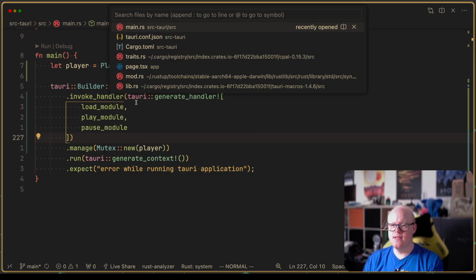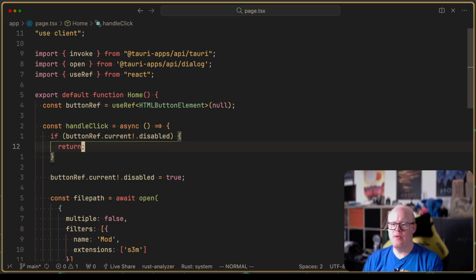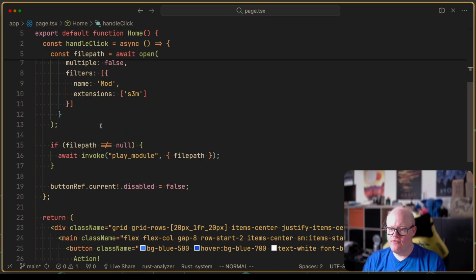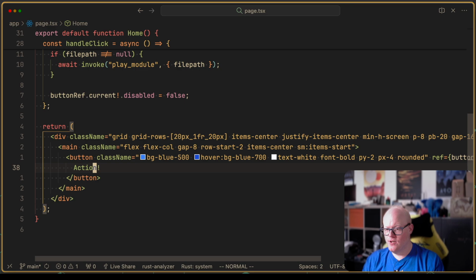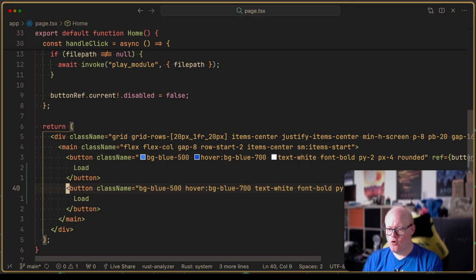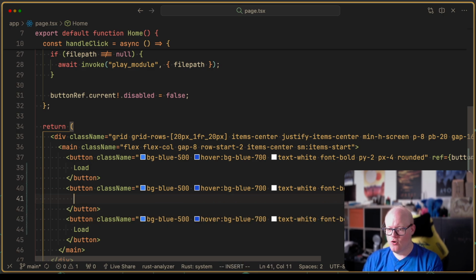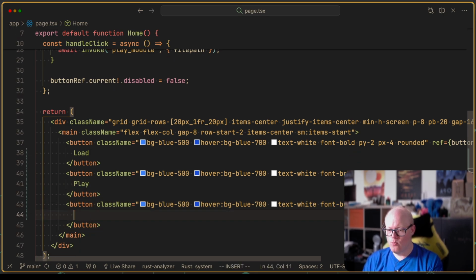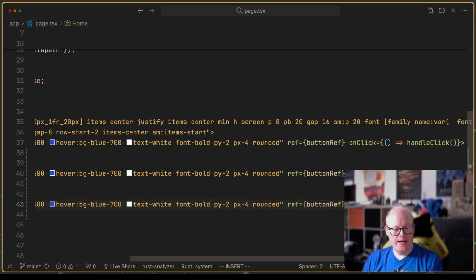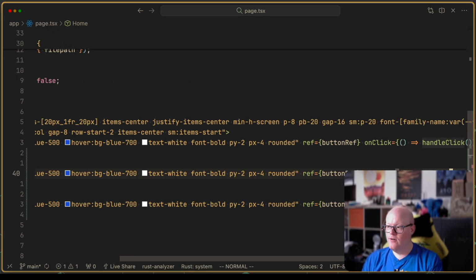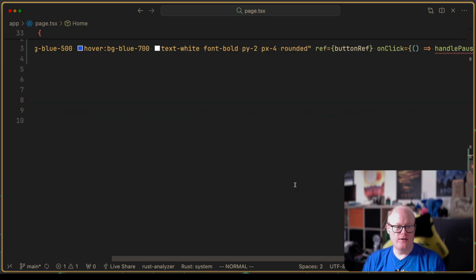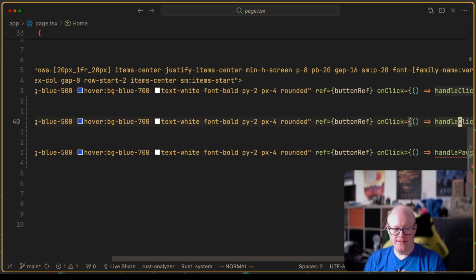Yeah, I guess now we need our page. Yeah, and there we have the button there. So maybe call this one load, and maybe just copy this one two times and call this one play and this one pause, and then do the handle pause here. And oh, you can't see a thing, can you? So let me scroll up, handle